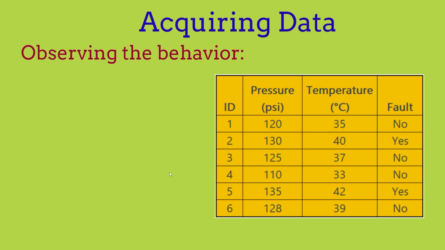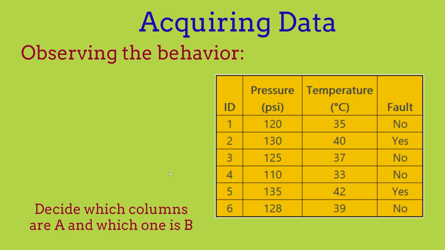So furthermore, in acquiring data, let's observe the behavior inside of this image on the right here. If we look at this image, it probably refers to some type of machine like a laundry machine or a dishwasher or something like that, because it talks about the pressure. That's probably because of water pressure. It also talks about the temperature of the machine, whether it's at fault or not, and also the ID. So we can obviously